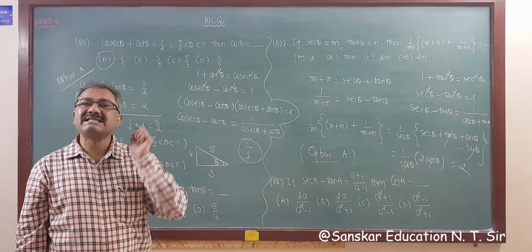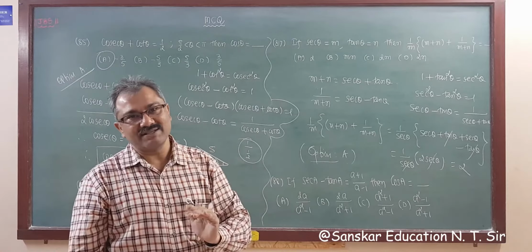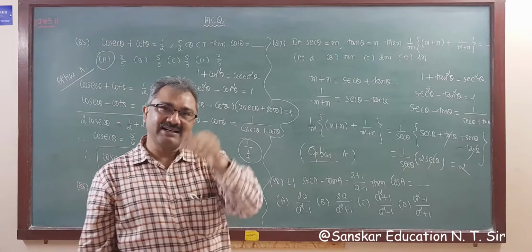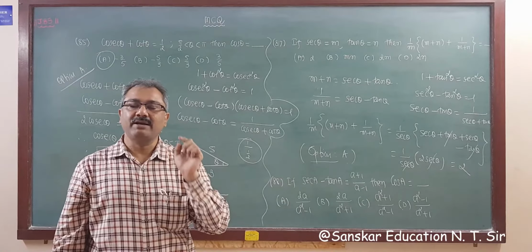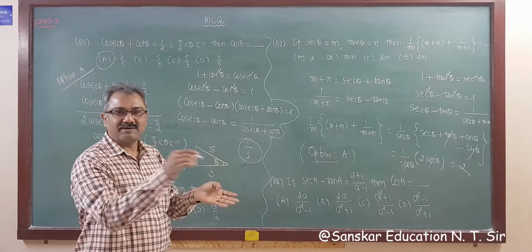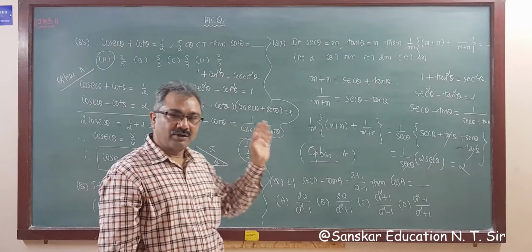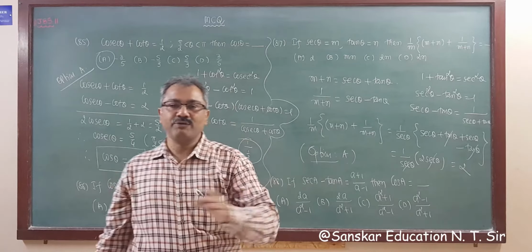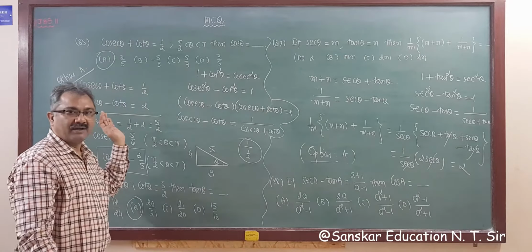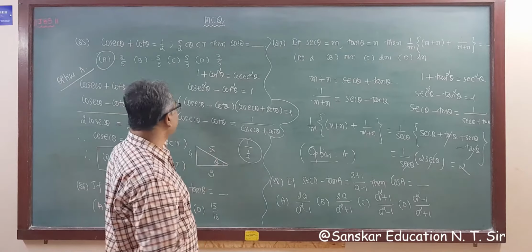Right? So remember this thing: sec theta minus tan theta is 1 upon sec theta plus tan theta, and sec theta plus tan theta is 1 upon sec minus tan. I discussed all this in earlier lectures, that is lecture number 1, 2, 3, 4. So if you don't know, then go revise videos number 1, 2, 3, 4. You will get all of this. But there I am not solving this type of question, I just discuss this thing.